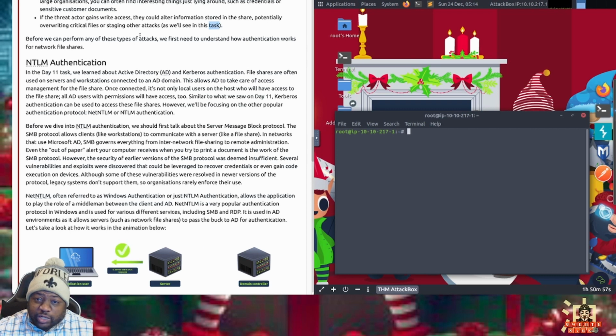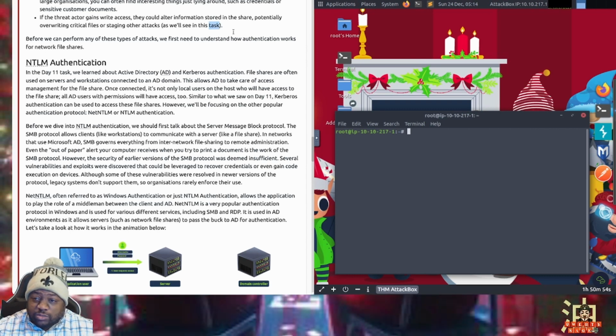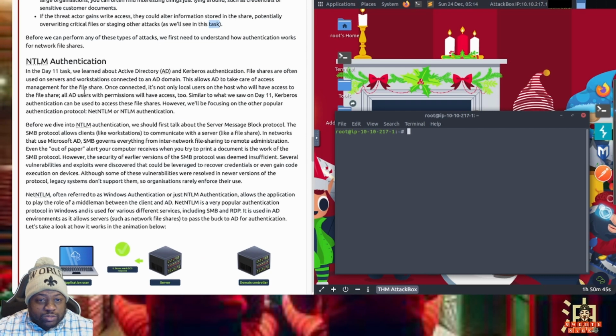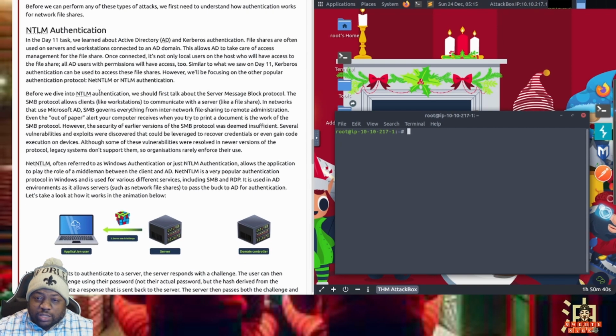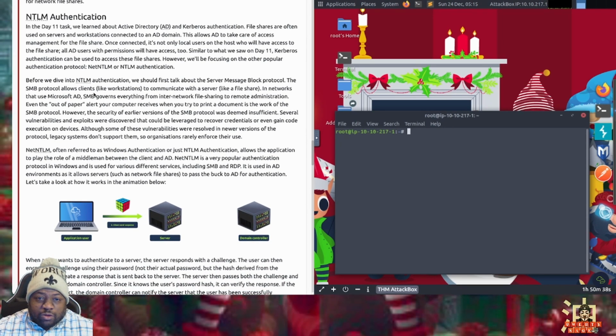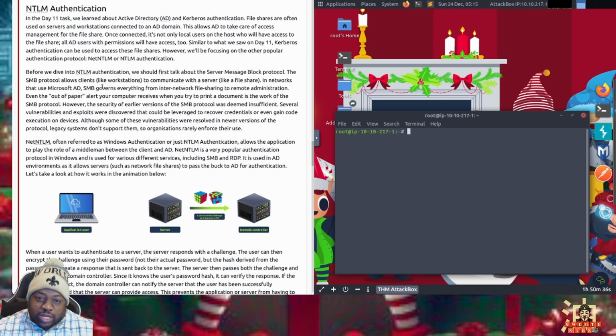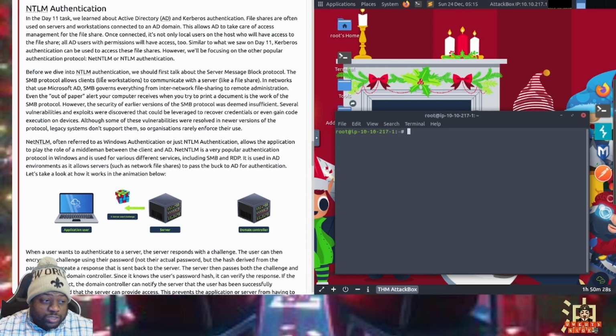Before we perform any of these attacks, we need to understand how authentication works. We talked about Kerberos in Active Directory on day 11, but file shares are often used on servers and workstations connected to an Active Directory domain. This allows centralization of, instead of printers and files, user permissions and access credentials and things of that nature.